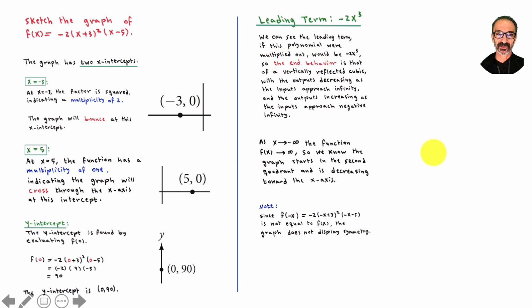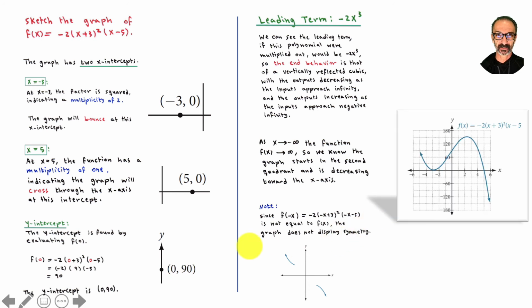So this is my expectation to the graph. With this as a double root or multiplicity of 2, single root crosses, y-intercept, I believe the graph agrees and looks like this. Comes down, bounces at -3, crosses the y-axis at 90, turns back to cross at 5 and goes all the way down. That should do it for this example. Let's talk about